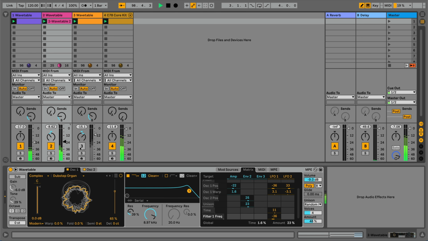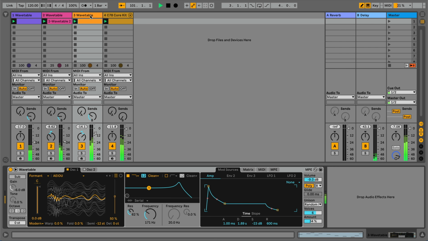In track 3, I'm running an arpeggio with a wavetable from the Formant category. This particular wavetable is named after all the vowel sounds. And as you can hear, it has a very strong vocal sounding characteristic. To create some movement, I'm using LFO 2 in re-trigger mode. This means that when a key is pressed, the LFO restarts.